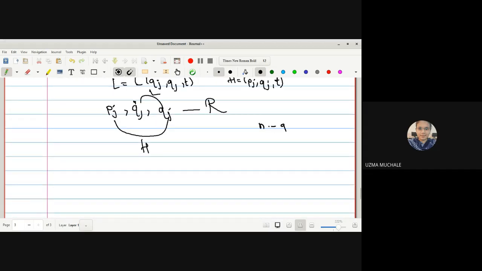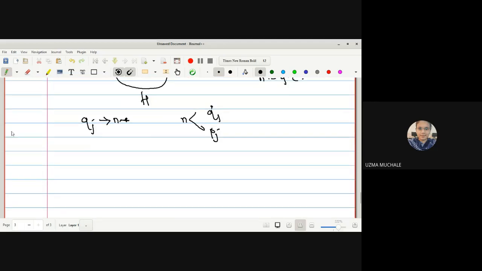Totally we have n generalized coordinates, where the total generalized coordinates we can have is n in number. That is, qj are n in number, and the rest n variables are shared in between qj dot and pj. Now you'll understand how they are shared in between. When there are some cyclic coordinates in the Lagrangian, then